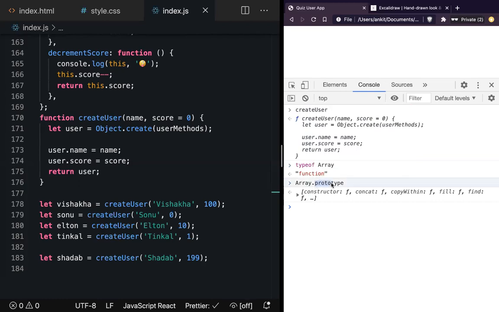Now you must be thinking, is there any relation between prototype and dunder proto? Anybody who is thinking that, or anybody who has this question? There is no relation. That's why I'm focusing a lot on you understanding this. When you say dunder proto, it only exists in which type of data? Object. That is rule number one: you can only find dunder proto inside an object.